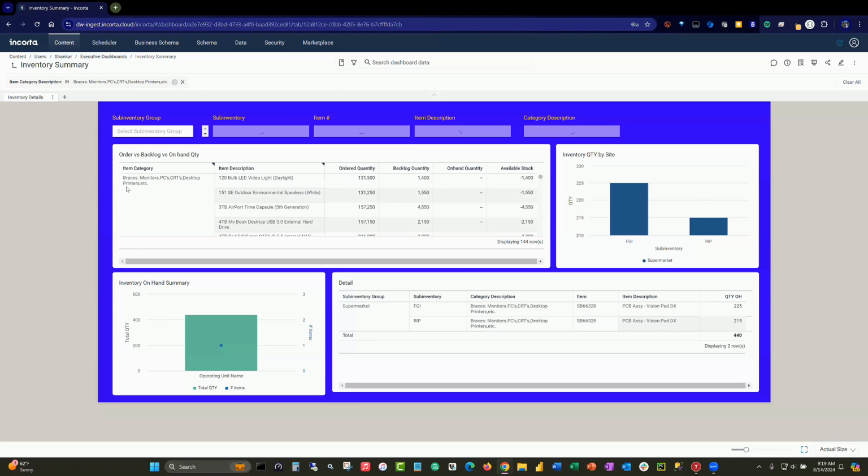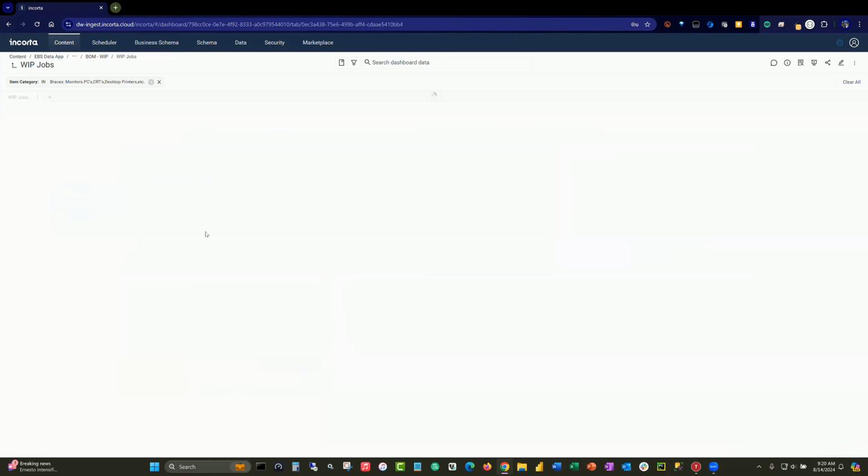So I focused on that braces and monitors category, and now I'm looking at an inventory summary. This could be coming from the ERP system, but in a lot of cases, this might be coming from a warehouse management system. So I can see my finished goods inventory versus work in progress. I can see where that is. I can see what's ordered, what's backlogged, my various stocks, and continue that exploration all the way back through now